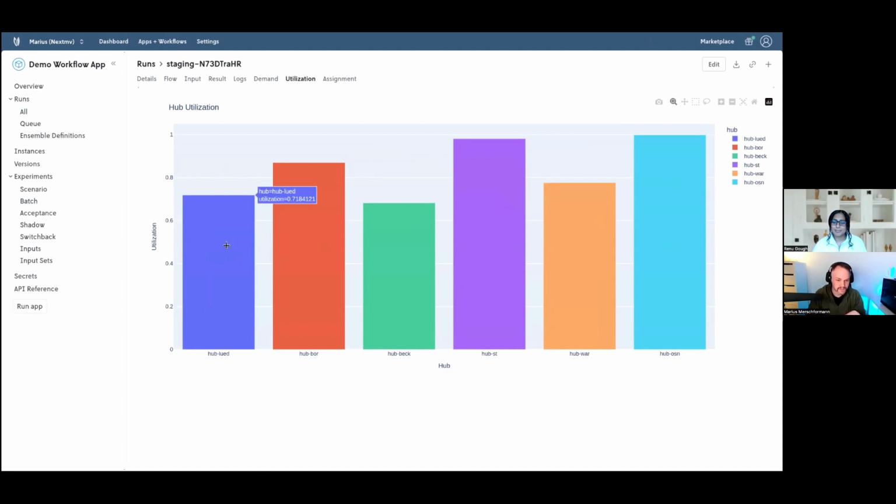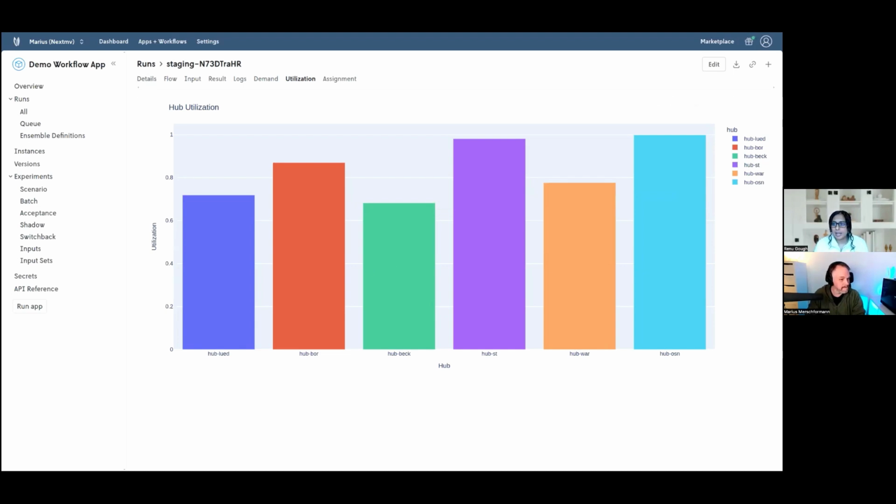And yeah, so basically you can see that obviously it's not caring about, it's not an objective to balance the demand between hubs. That might be something you're interested in. So you could theoretically now play around with it, update your model to also care about that. And then in experiments, theoretically, experiment with different settings of this. Yeah, and that is